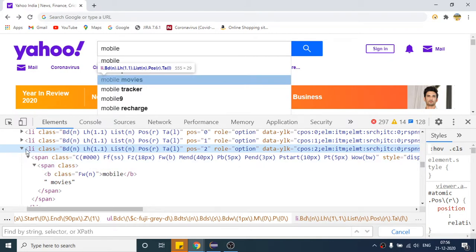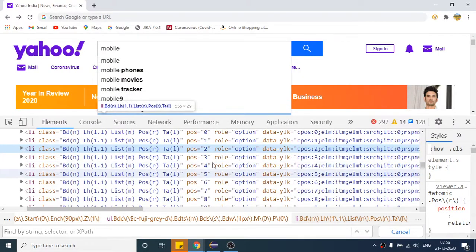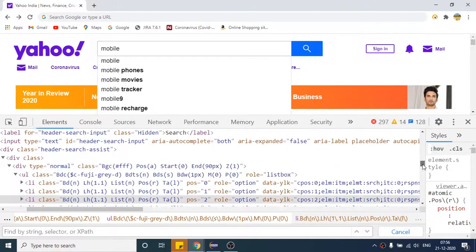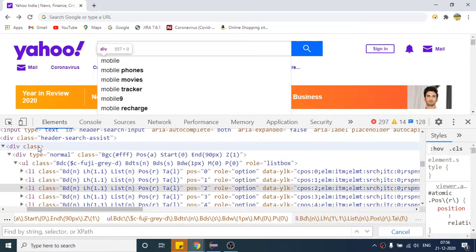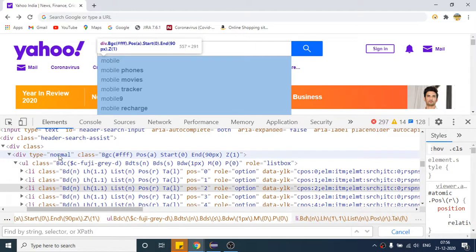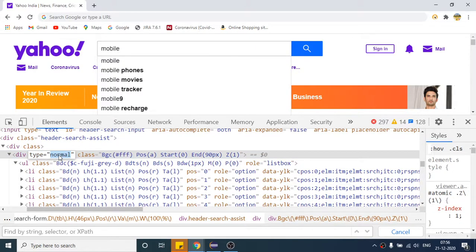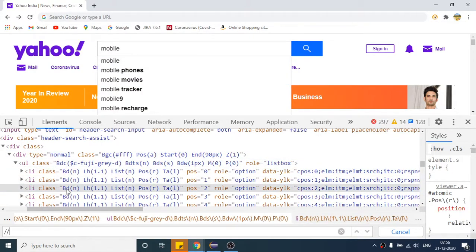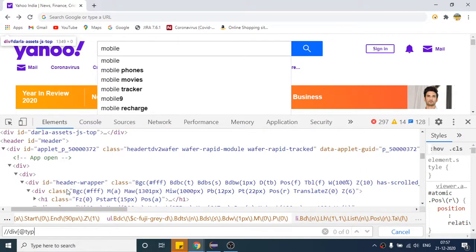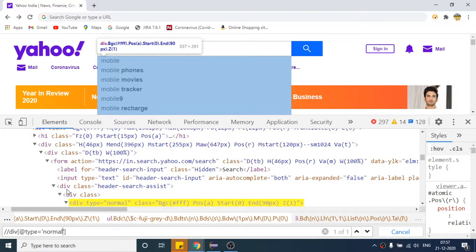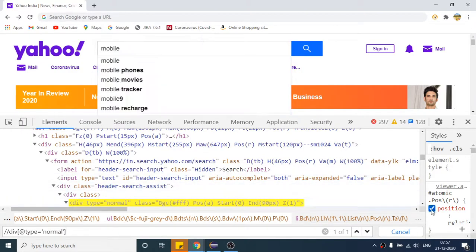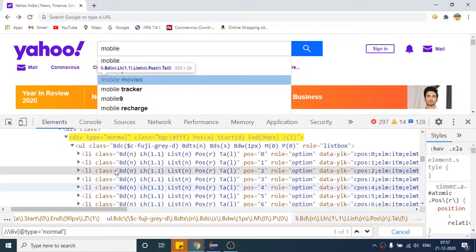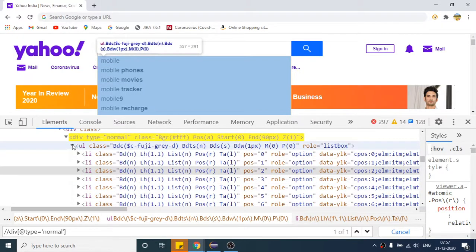Now we should write our XPath, or CSS, because this line will be the same for all the elements. You can start from anywhere, I can start from here. I will say div type equals to, so this is the XPath, and after that it is highlighting only one element. I have to first come to my children, because if I minimize this, it will be hidden.